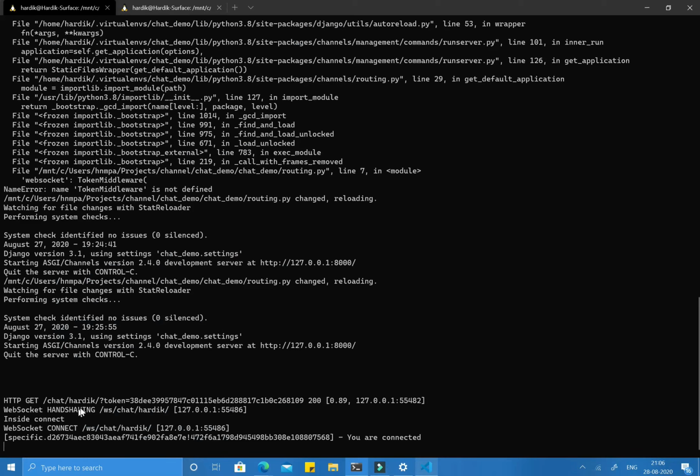As you can see, we got the request chat/hardik?token=this, and we just hit this ws/chat/hardik. This ASGI server is not printing the whole URL, in fact it just prints the path. So you will not be able to see the query parameters here, but yes, it is already sending that, and we are now inside connect where our connection is established successfully.